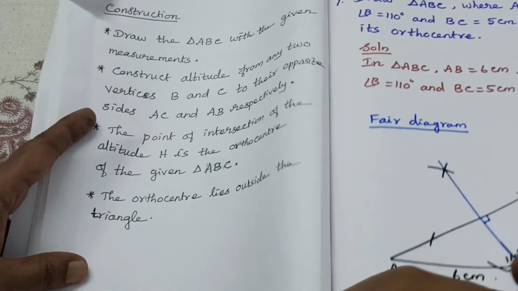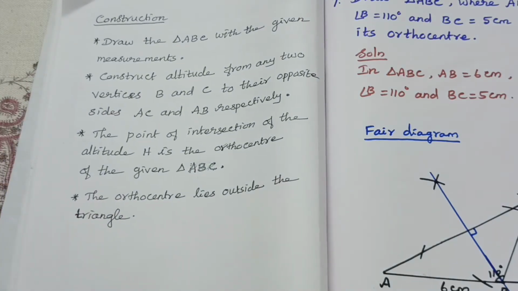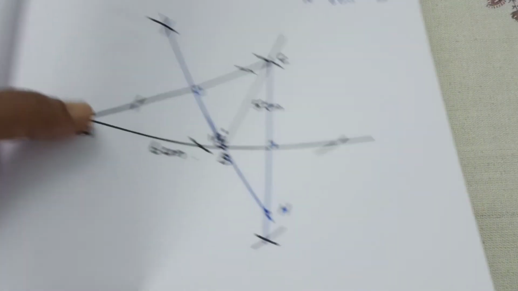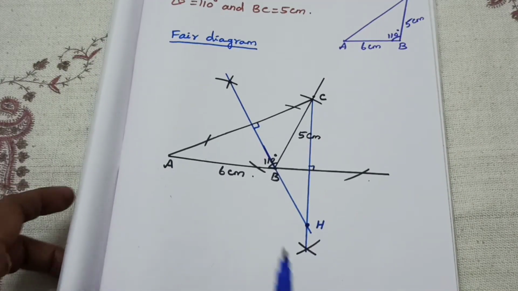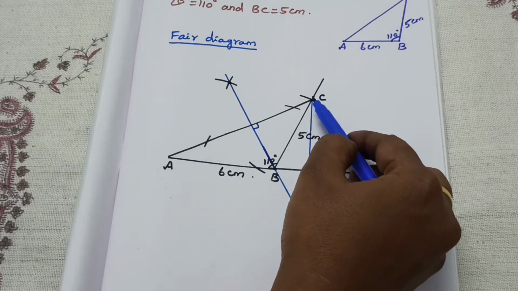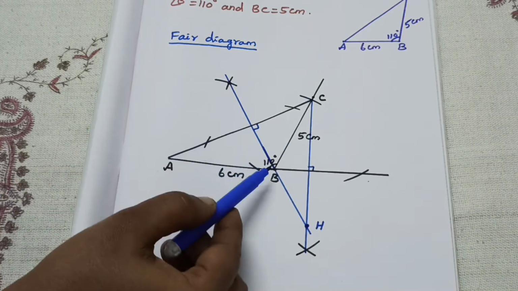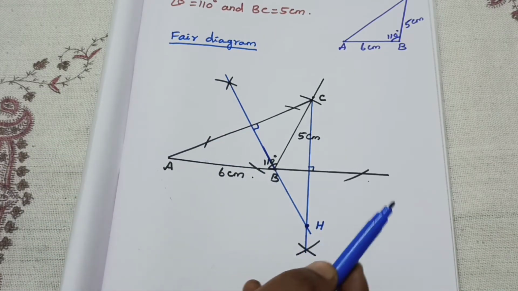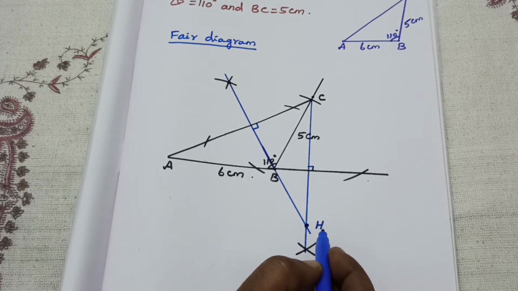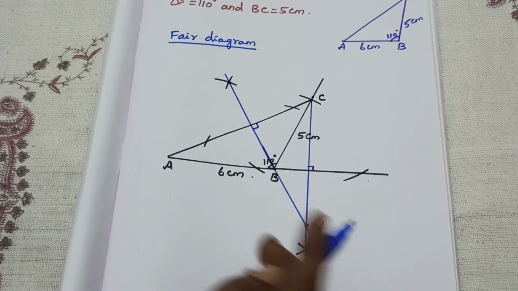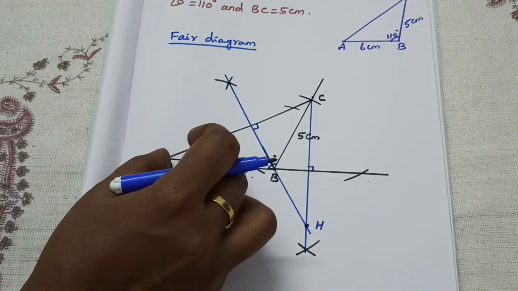On the left hand side you should write the construction. Your own also you can write. Any doubt here? Don't confuse it. You draw two altitudes. This is from vertex C, I draw one altitude. Then from B also, this is another altitude. These two altitudes intersecting place is called what? This is the orthocenter. Like that, B side, A side also, we can take A as the vertex.